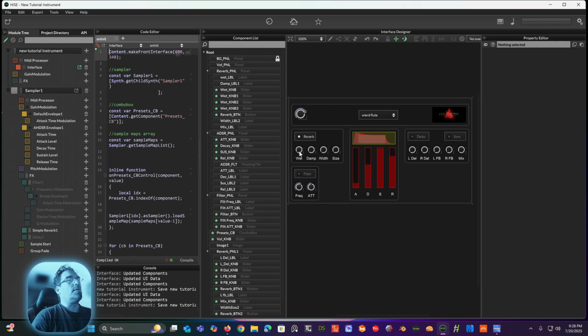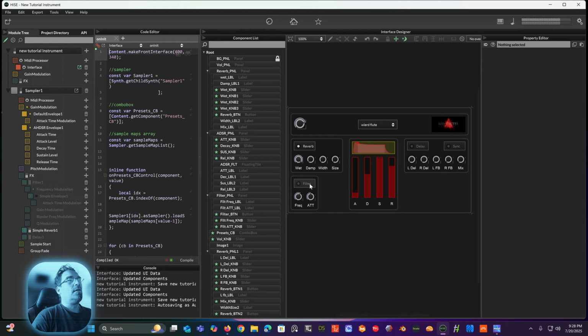Cool. The reverb off, and then we'll turn up the wetness. Starting to get wet. And the dampening keeps it from dragging out too long. Once the size is turned up, width is going to spread it out. You can hear it in your speakers, if you're listening on headphones, especially. We'll turn that off, and then the delay has nothing happening right now. But if we turn up the mix,